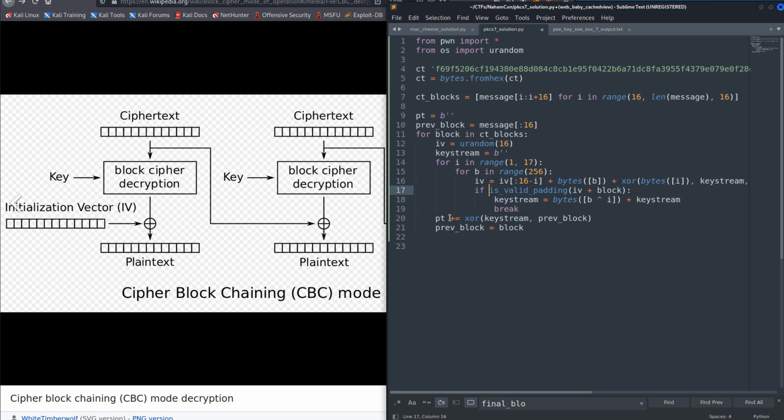Once we're finally done, we've recovered the entire key stream. So we XOR it with the previous block, and that's how we recover the actual plain text. And then that should be it. We just need to write our